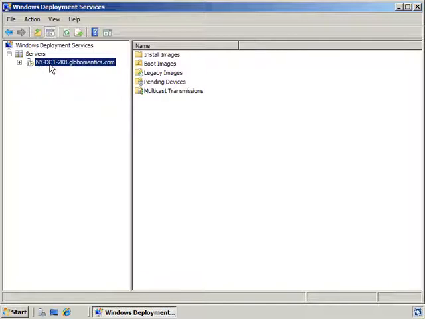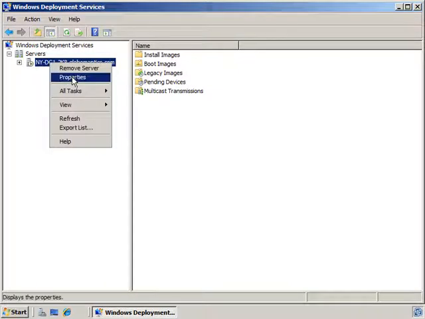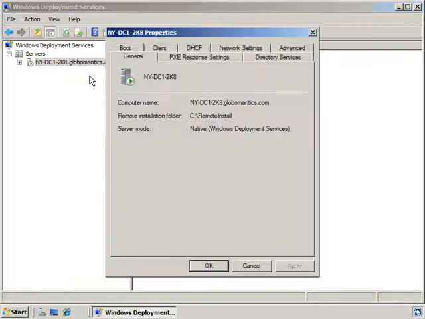First of all, I want to show you the property sheet for the WDS server. So let's right click on our server and select Properties. Now be careful, I know lots of times Properties is found down at the bottom of the menu. I know a number of people who have, and yes, I'll admit it, I'm one of them, who immediately assumed it was at the bottom and went ahead and clicked Help. That's not going to get you there. They've moved the property selection all the way up here near the top of the menu. So I'm going to select Properties,